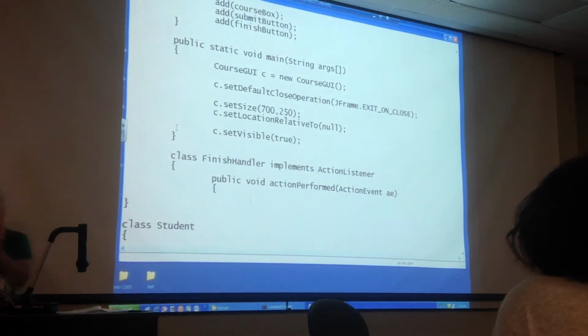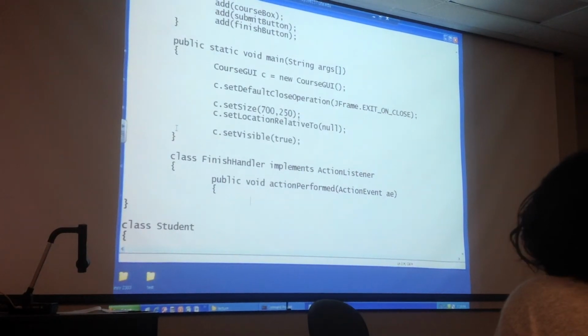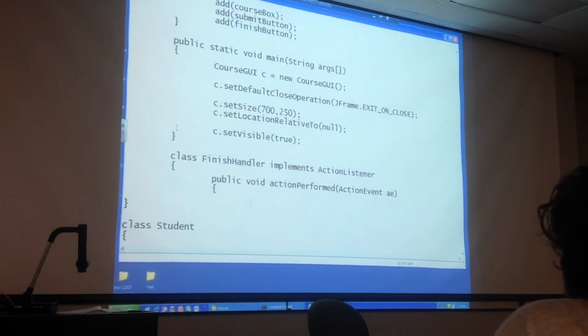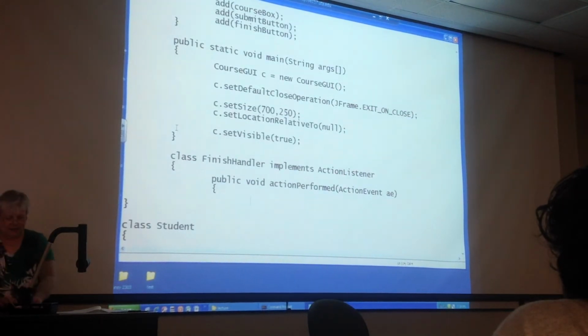That's the method it is, action performed. In fact, all listeners are interfaces, okay? It's up to you to fulfill the methods that the interface requires. Most of them, like action listener and item listener, only have one, okay? Key listeners and mouse listeners are gonna have some more because you got more things you gotta do, okay? But anyway. Okay, so if I hit the finish button, all I wanna do is